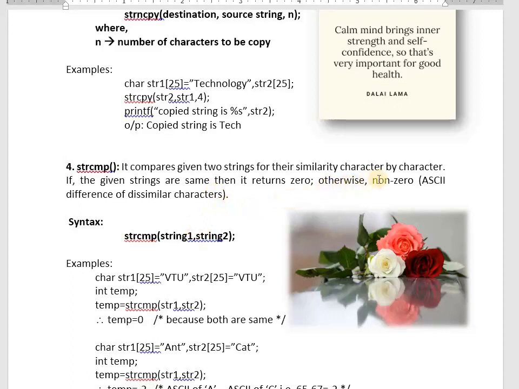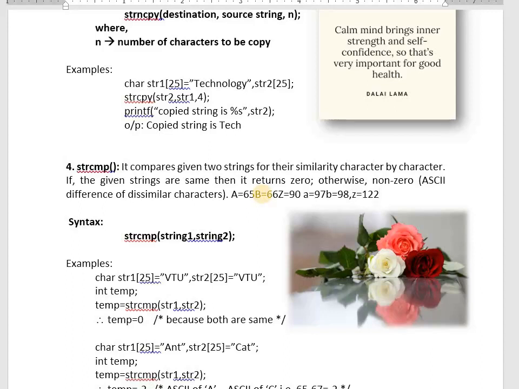Non-zero means which value? ASCII value difference. Already we know the ASCII value of capital A is 65. ASCII value of capital B is 66. Capital Z is 90. Small a is 97. Small b is 98. Small z is 122. It gives the difference of ASCII values. If both are same, value minus same value means we get 0.